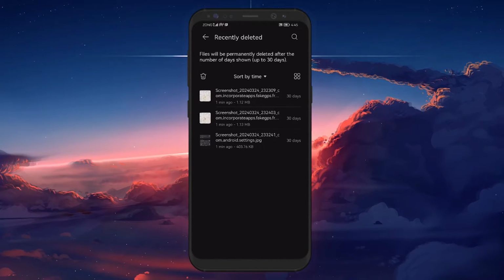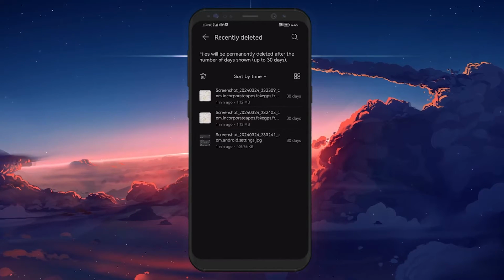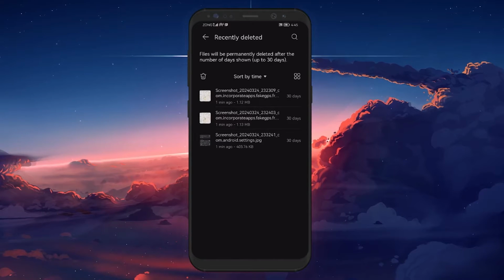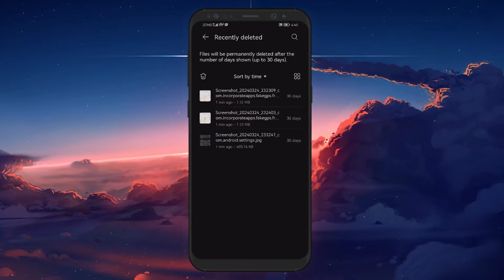Here, you'll find a list showing each file's name, size, and the date it was deleted. This section acts like your recycle bin on your PC, where deleted files are temporarily stored before being permanently removed from your device. If you found a file you want to restore, simply long press on that file to select